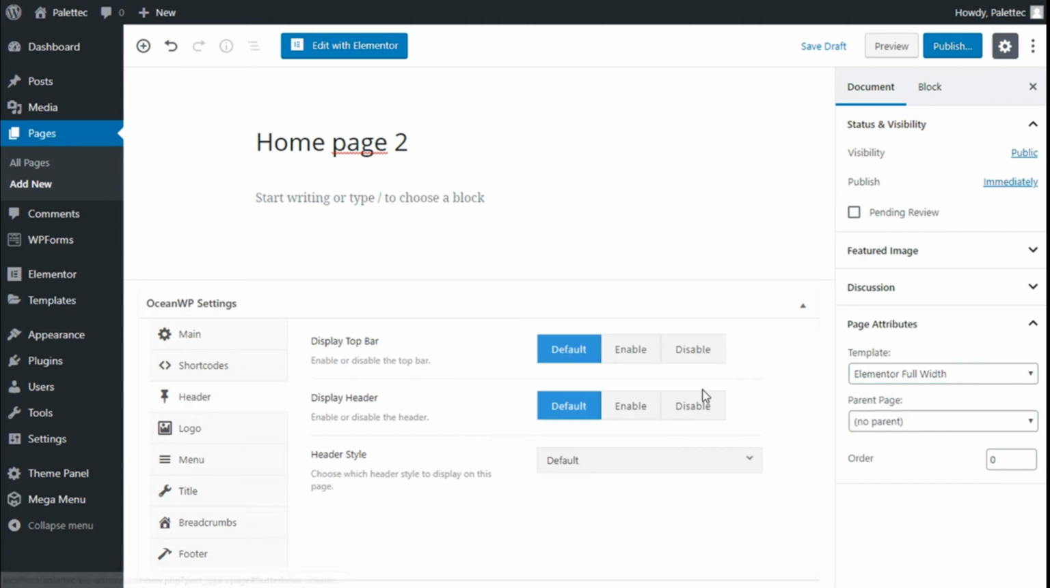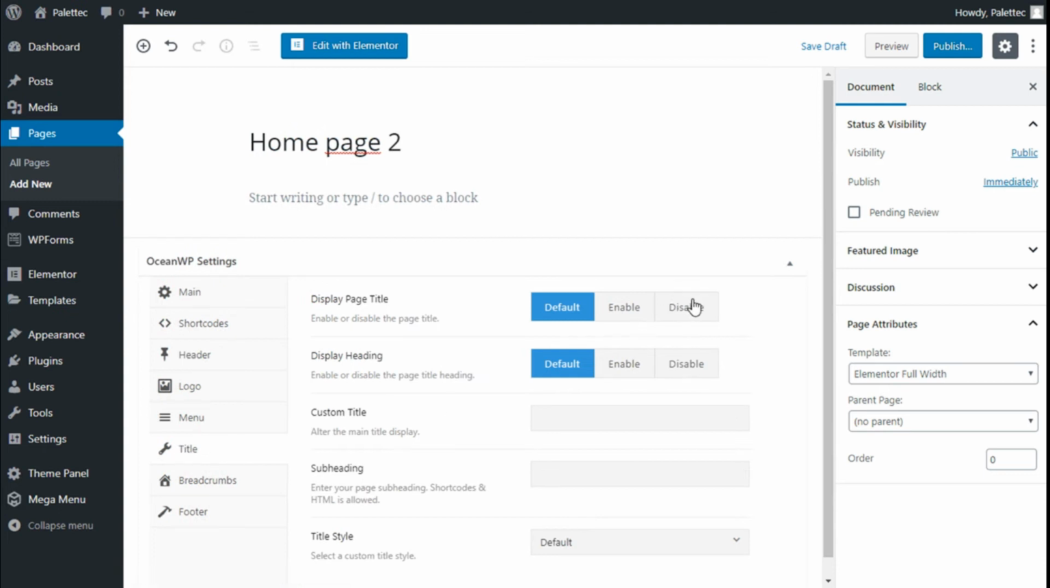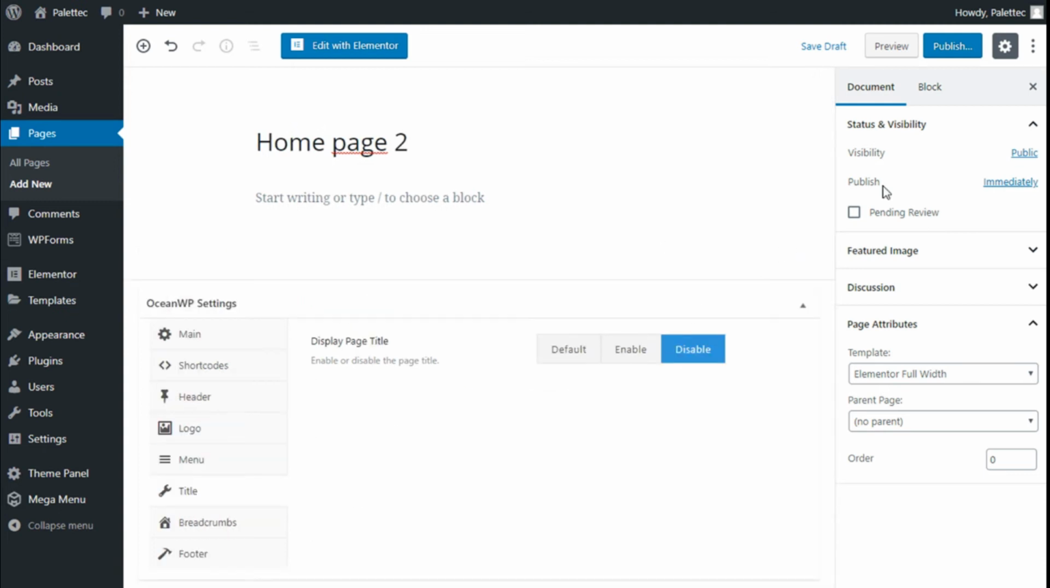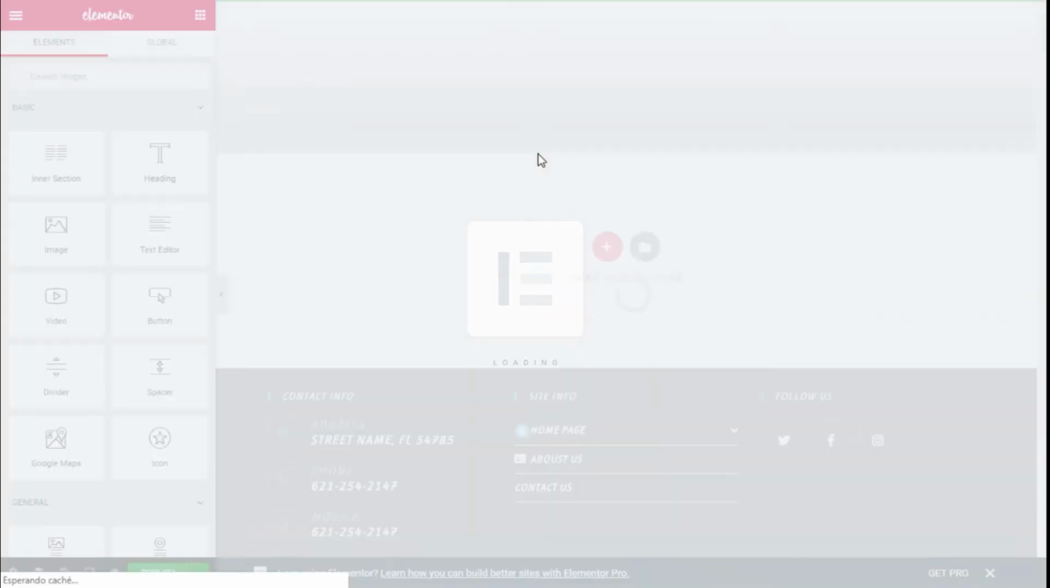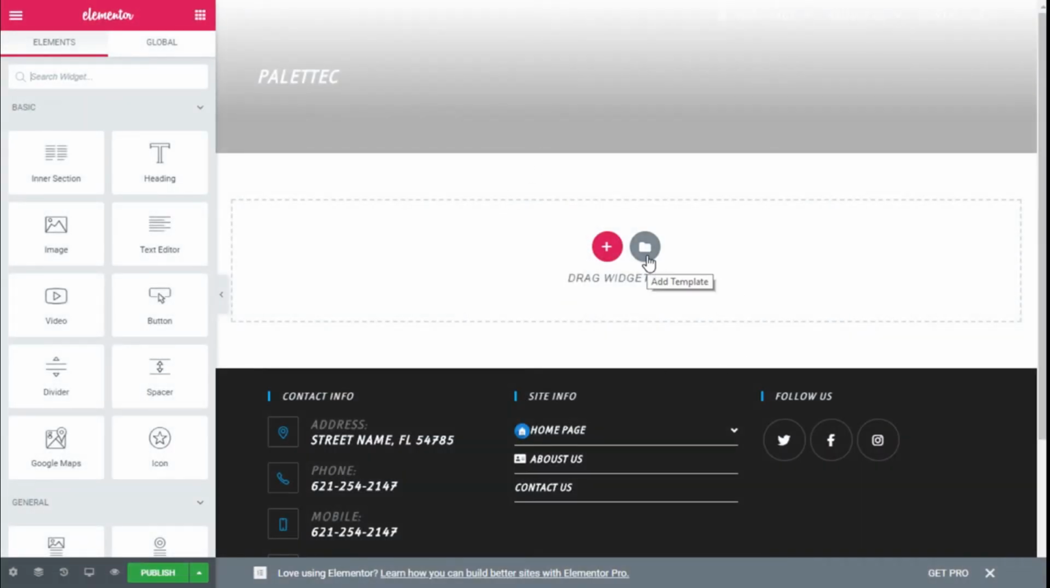On header we are going to disable the top bar, and title we are going to disable the page title, and then we are going to edit with Elementor, and we are going to choose the add template button,